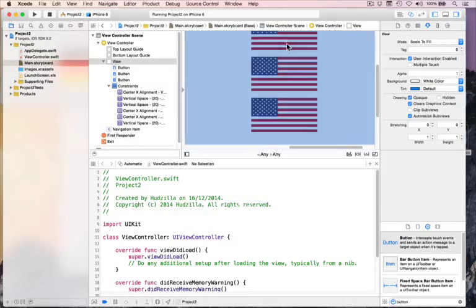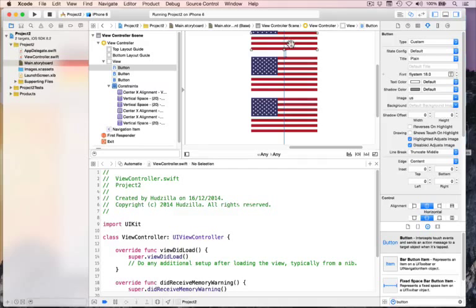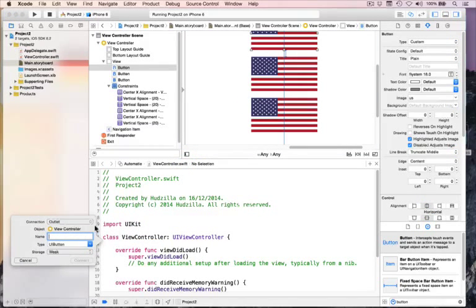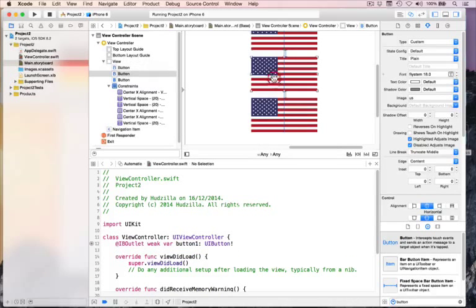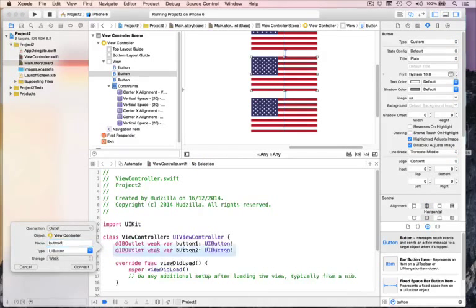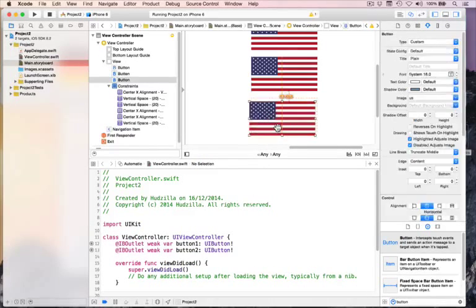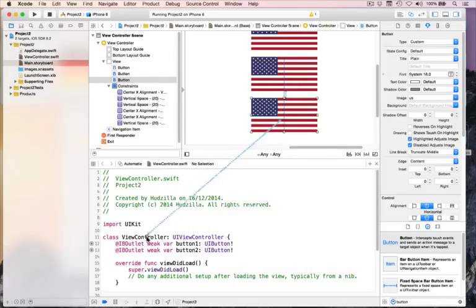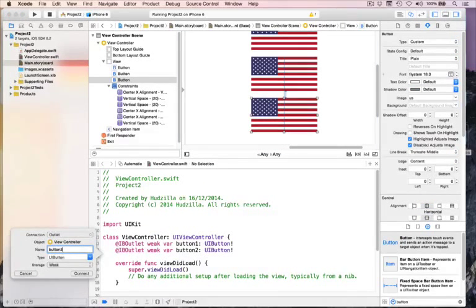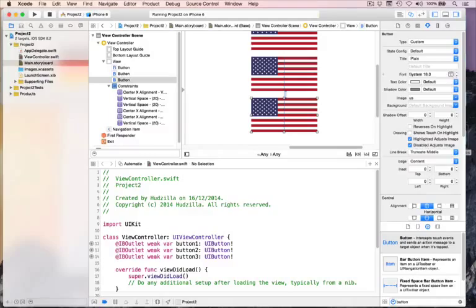Then I want you to control drag from the first flag down to the class and let go of the mouse button. Name it button 1. Connect. Second one, drag down. Button 2. And third one, oops, undo. Third one, drag down. Button 3. Fantastic. That is our layout fully detailed, fully auto laid out with properties inside the class so we can start